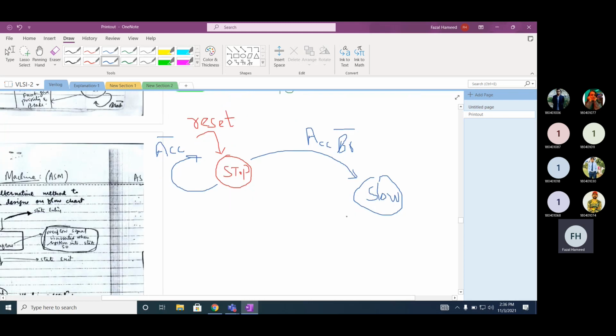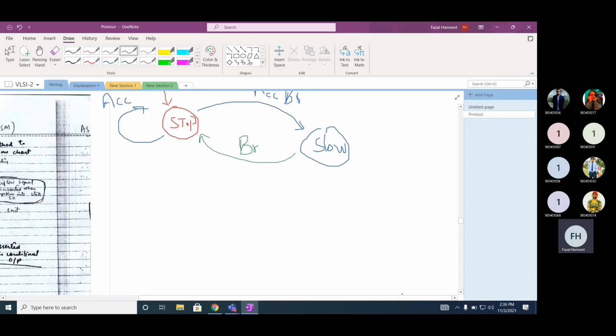Okay, now the system will make a transition from the slow state back to the stop state when brake is 1. In this case we will ignore accelerate. When the brake is 1, it will make a transition to stop. Even if the accelerator is 0 or 1, we don't care. Okay, now the system will be in the stop state when accelerator is